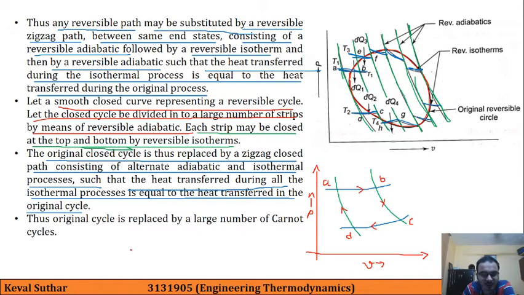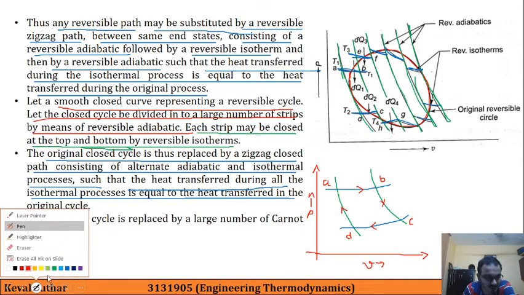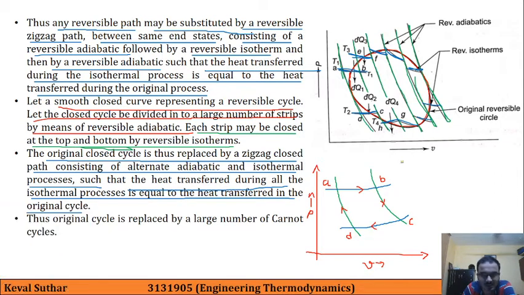And one more thing that we should take care of here is that we are having entry of heat as δQ1 and the heat exit is δQ2. So as you all are aware, when we are having two adiabatics and two isothermals, all being reversible, then it is a Carnot cycle. So this is one part which is taken.